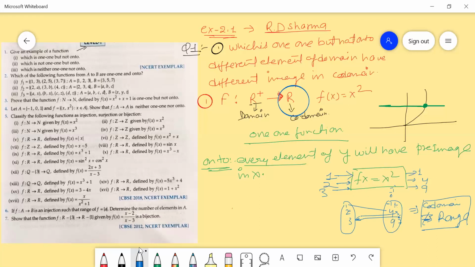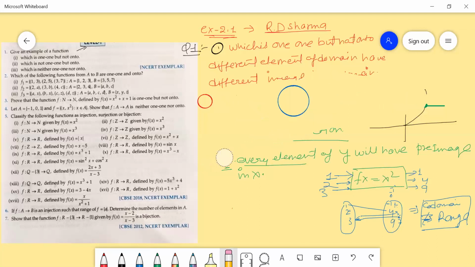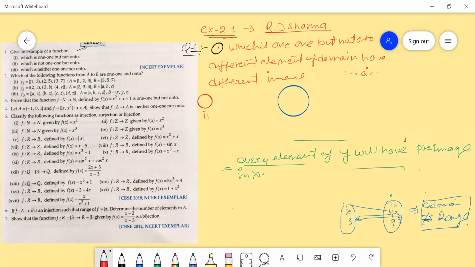Move on to the second. The second is saying which is not 1-1 but onto, right?